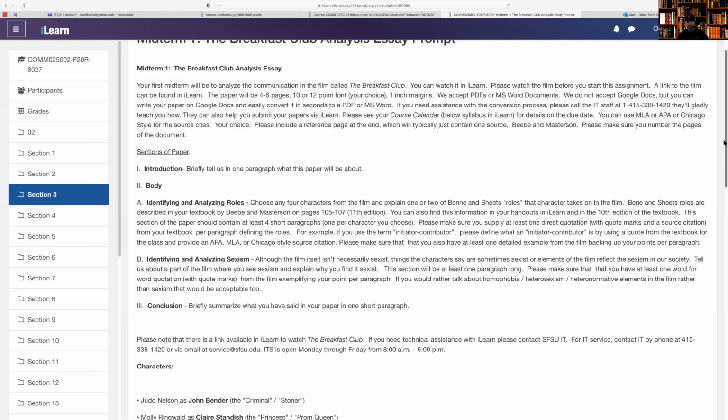Okay. And then I give you an option here. It says, if you would rather talk about homophobia, heterosexism, heteronormative elements in the film rather than the sexism, that would be acceptable too. So throughout the film, there's a lot of homophobia for sure. That just pops right out. And you could talk about that as well instead of sexism if you'd like. You can see it within the first few seconds of the film, actually. There's something written on the wall that's very homophobic, but it's throughout.